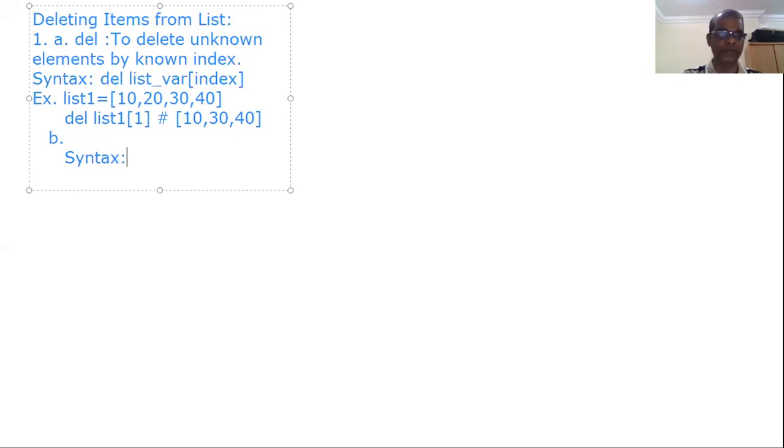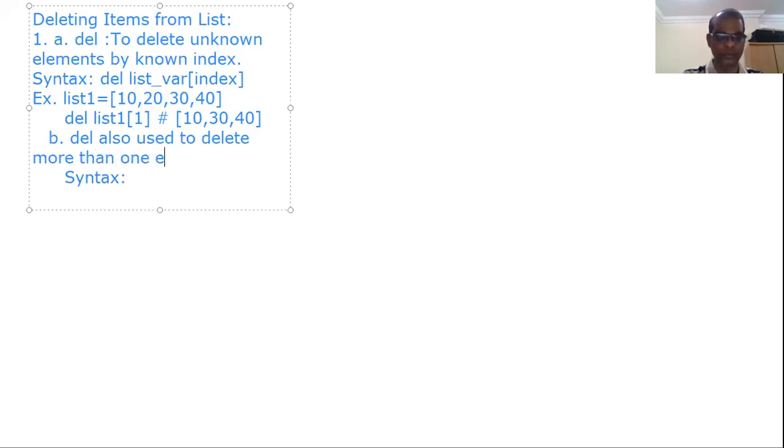Second syntax: del is also used to delete more than one element. del list variable, first we have to give the index start as well as end, start colon n. N means n minus 1.